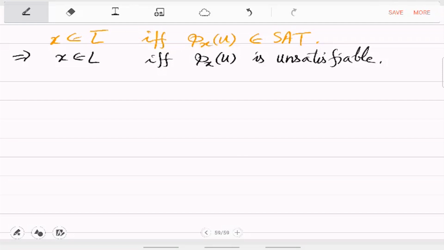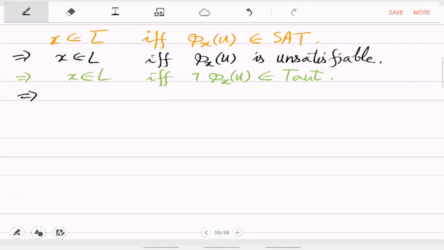It means that the negation of it is true, right? If there is no satisfying assignment, which means on every assignment it's false, so negation is always true. So negation is a tautology. Right. So x is in L if and only if negation of phi_{x,u} is a tautology, which means that